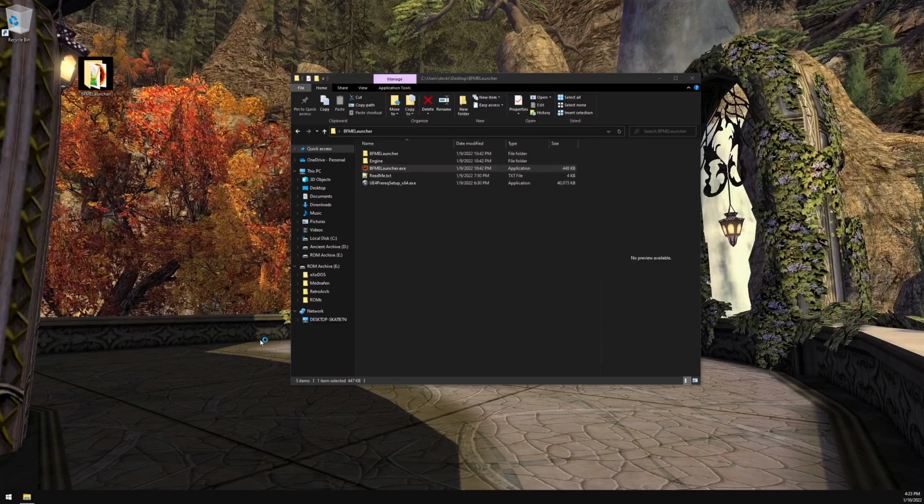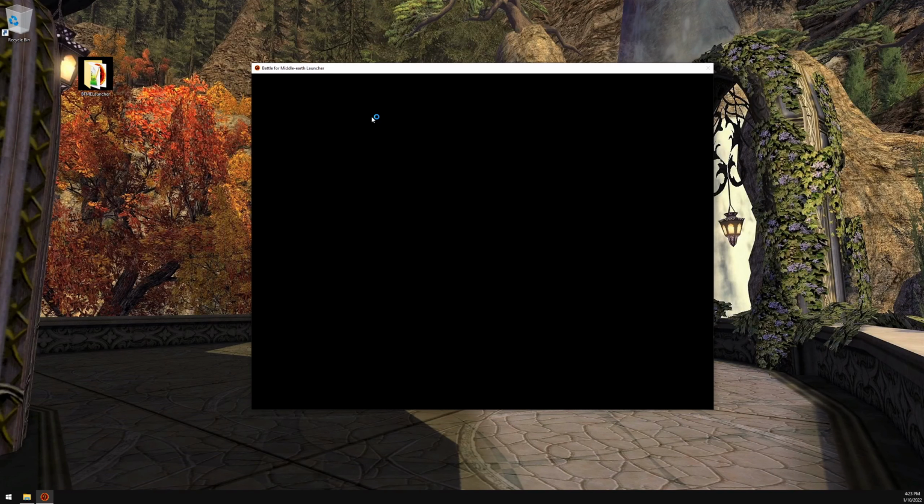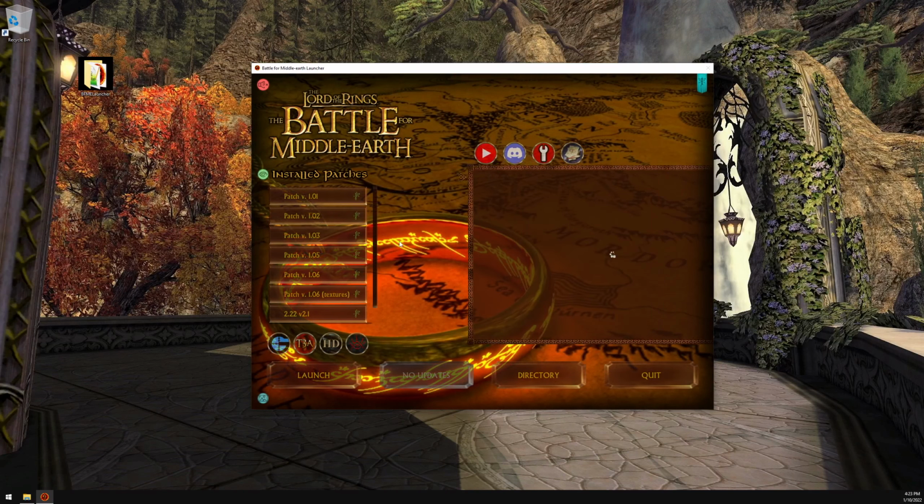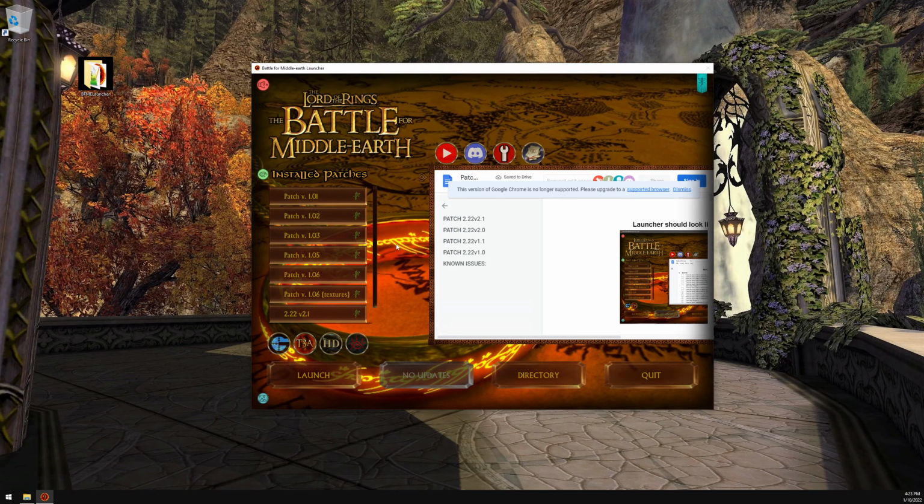In this case, my screen goes gray because it needs administrator privileges, and let's just not get a copyright strike. Everything should look like this. In this case, I already have patch 2.22 installed, but I'm going to go ahead and delete these